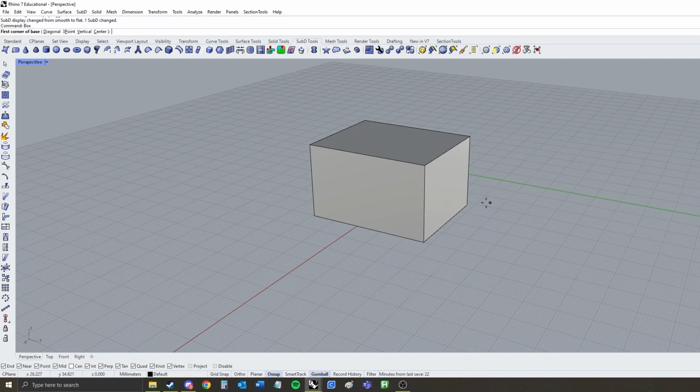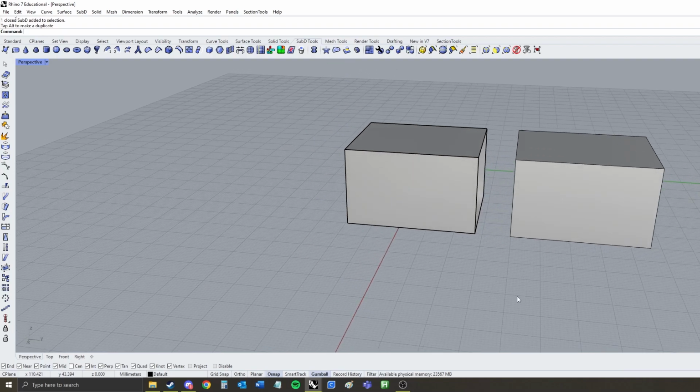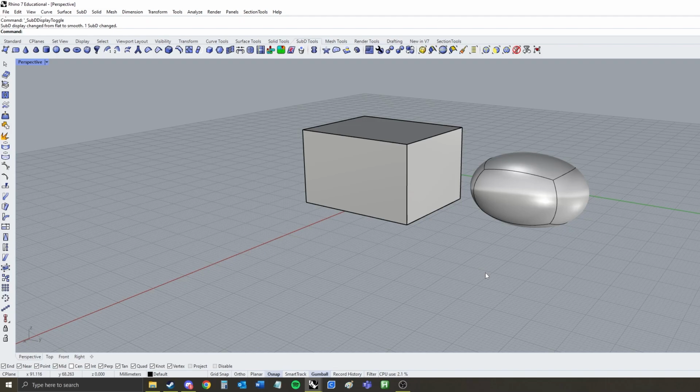Ben, what's the difference between that box and that box? Nothing, but there is. I'm hitting tab to change between the view modes. So this is SubD, called subdivision. Basically,